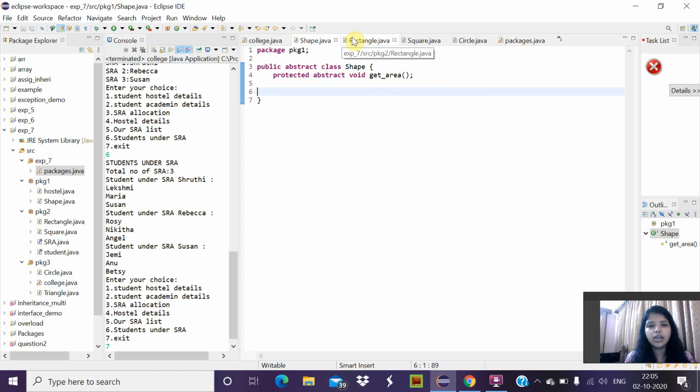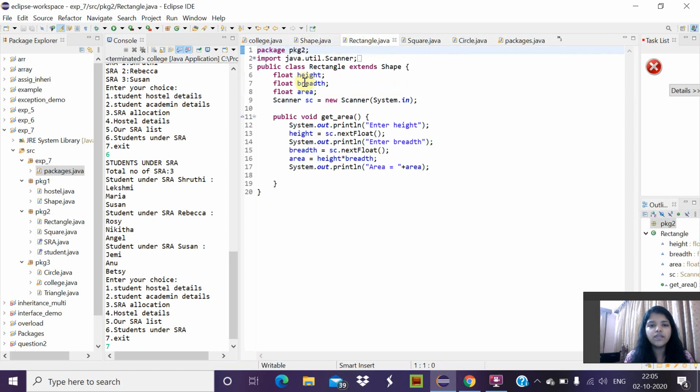And in the second package, we are creating a class called rectangle, which extends the data members of shape. The data members are height, breadth, area, and then we are defining the function called get_area, where we are getting the height and breadth from the user, and then storing it into the variables called height and breadth. Then we are calculating the area using the formula height into breadth of rectangle, and then